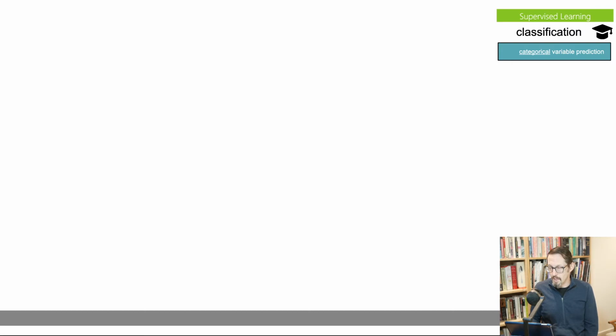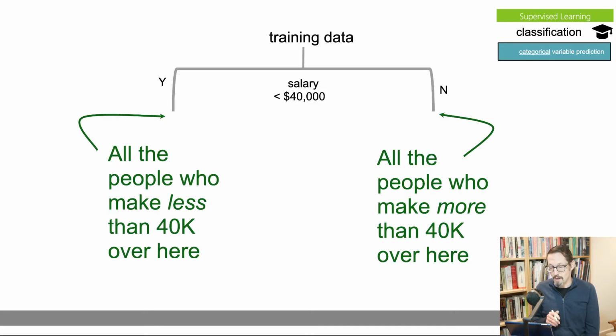All right, so let's take a look at classification. Okay, classification is, again, the discrete version of the same thing. So we're going to look at classification through a decision tree. A decision tree is a very, very basic classifier. It's also one that is very easy to understand for somebody who hasn't been through this machine learning stuff before.